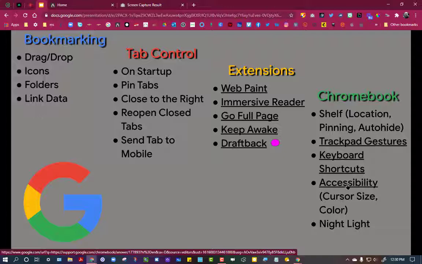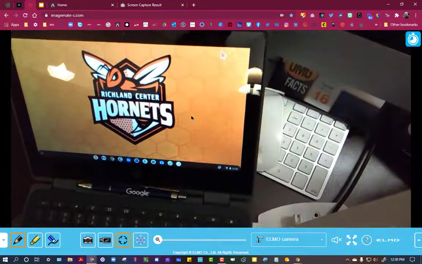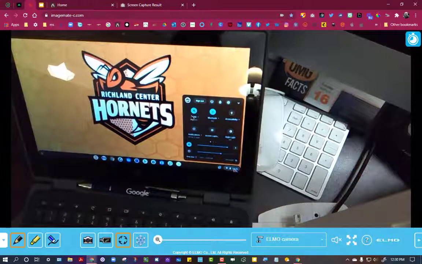Last thing that I want to show you on your Chromebook is the night light. The night light is a really awesome thing that's built into the Chromebook that can help you when you're having to look at your Chromebook for a lot of time. So if I'm looking at my Chromebook here, and let me make it really bright, okay, it is, and I go into my corner by the time, and I turn the night light on,